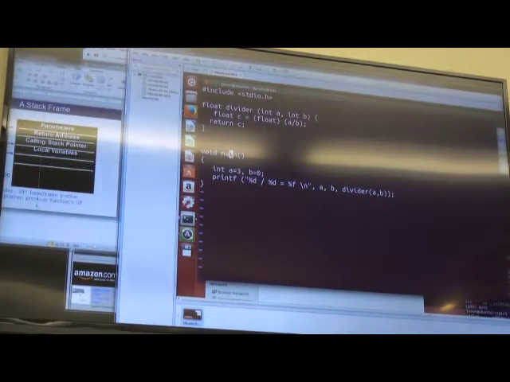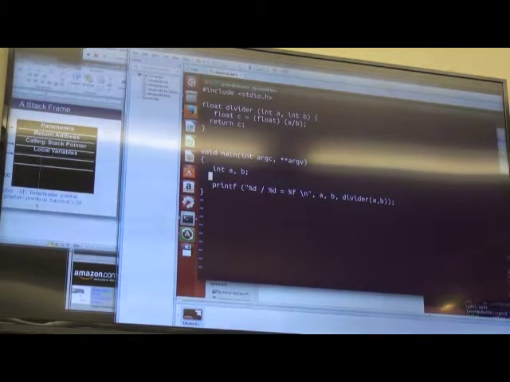If you want to take two values from the user, the command line, then you need to do int argc and then argv, and then you do not initialize here, but you can do, for example, a equals